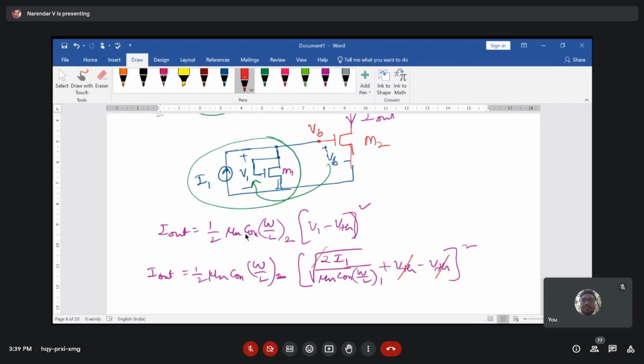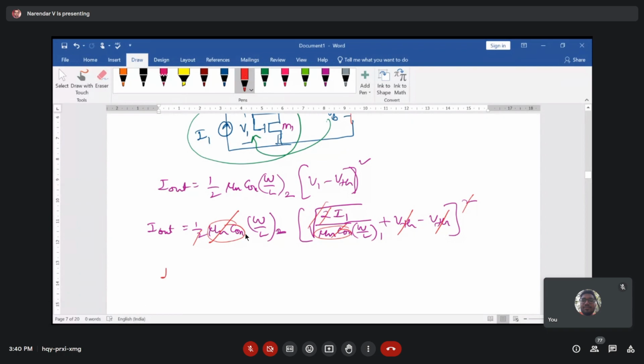The square cancels the root, right? And you end up with 2I1 by mu n COX W by L1 into half mu n COX W by L2. So here 2 and half get cancelled out, and mu n COX cancels because it is in the numerator and the denominator, and you end up with I out, which is equal to W by L of 2 divided by W by L of